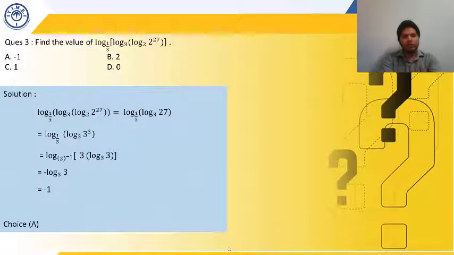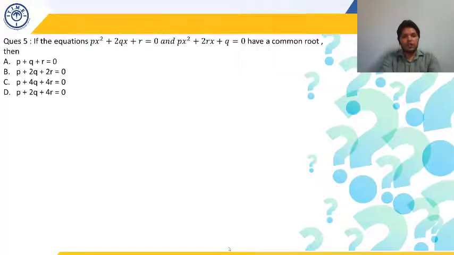Okay, so let's move to the next question. Just get an idea, take 40 seconds to get an idea what has to be done, then I'll be solving it for you. You need not solve it, you just get the idea in your mind what has to be done, and get hold of what the question is asking. Just read the question once and try to get an idea what has to be done.